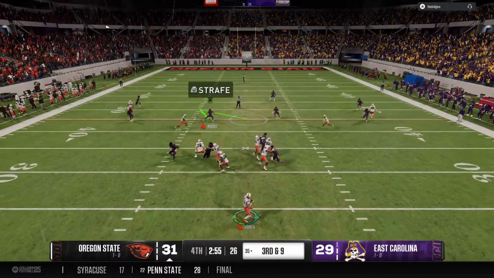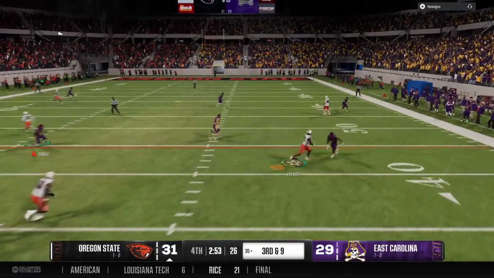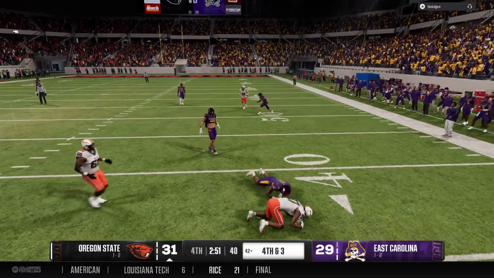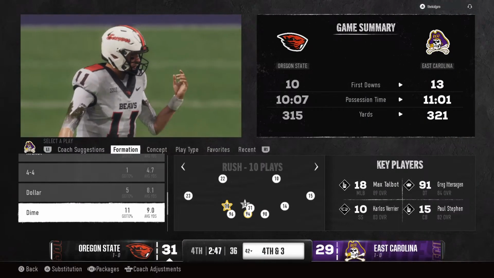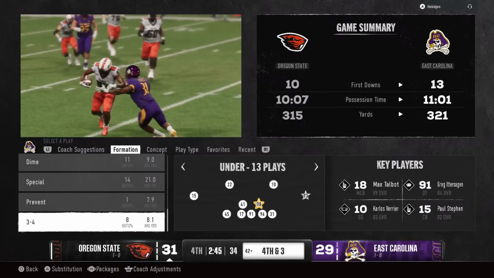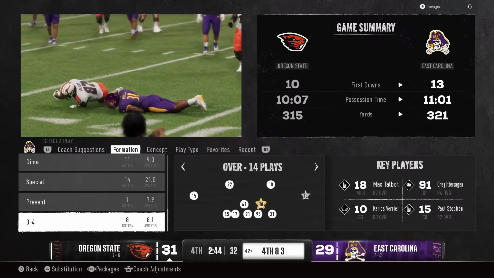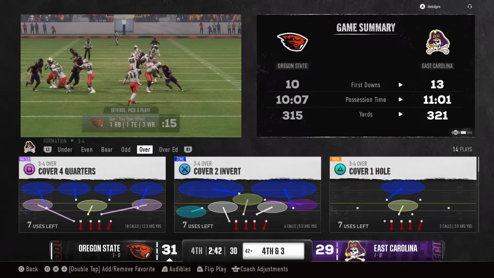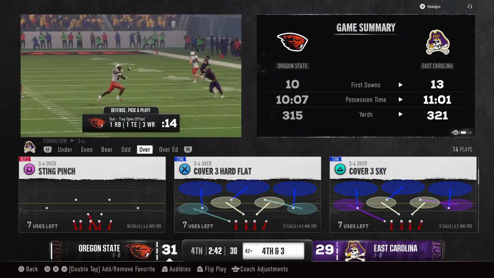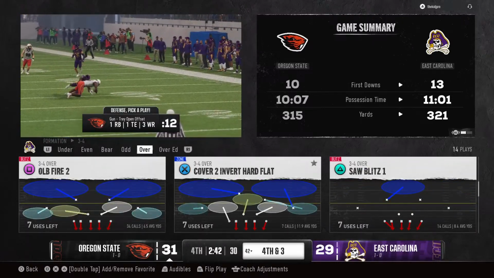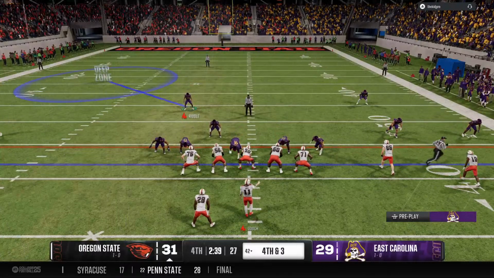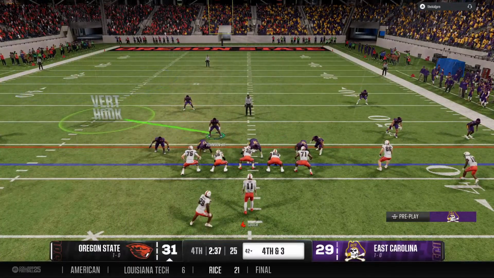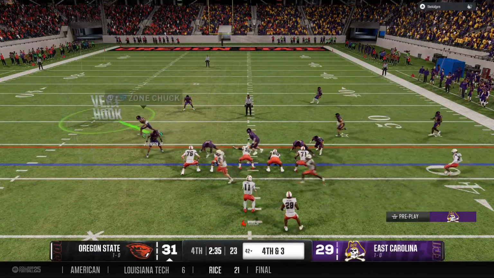On 3rd and long, he's going to have to throw for it. Got his man on the right. And sure tackling there to keep him from getting to the 1st down marker. Great job by the quarterback throwing against zone coverage. You cannot telegraph where you're throwing the football. You cannot eyeball wide receivers. So great job by the quarterback using his eyes, not staring down his guy, and then throwing him open. This is the absolute right call. They're going for it on 4th down.